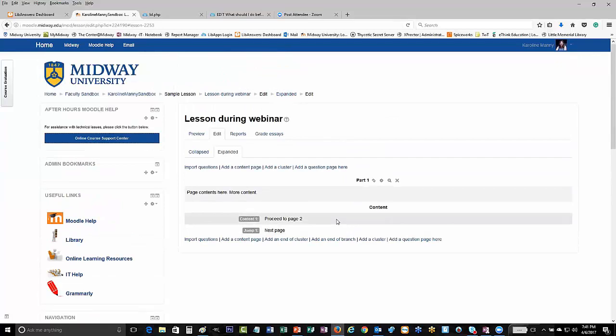Now, what do I do if I want to add more pages? You'll notice now I have these links above the page that I added and below the page that I added. So I can either add a new content page above my original page, or I can add a content page below my original page. So I'm going to go ahead and add another content page,